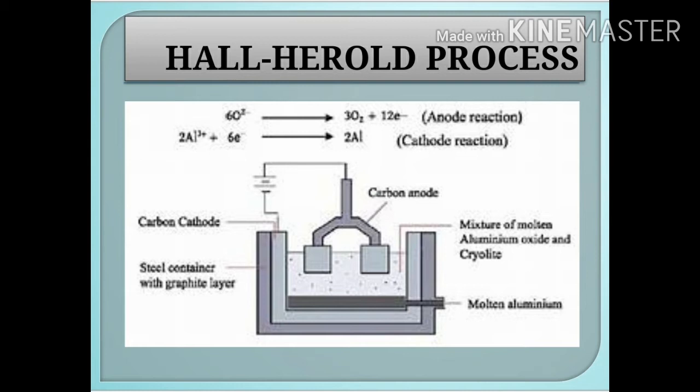Calcium chloride is also added to this solution. So what is the purpose of this calcium chloride? Calcium chloride helps to lower the melting point of the mixture. The fused mixture is maintained at a temperature above 1270 Kelvin. So what are the reactions involved in this Hall-Héroult process? We can see this in the above diagram. The cathode always proceeds with reduction and the anode always proceeds with oxidation. That is the reaction we have shown here.